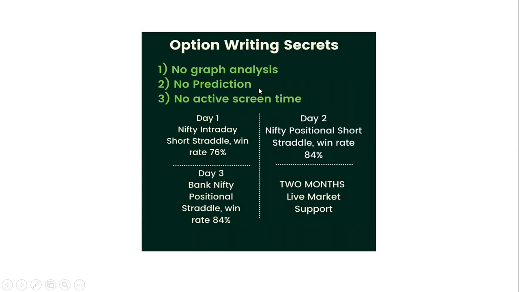We discuss short straddle for the next 4 days in this program. In case you are wondering what straddle is, straddle basically means selling a call option and a put option at the same time. The word straddle means having 2 legs in your position. One leg will be a call option, the other leg will be a put option. When you are selling both the legs at the same time, the word is short straddle.